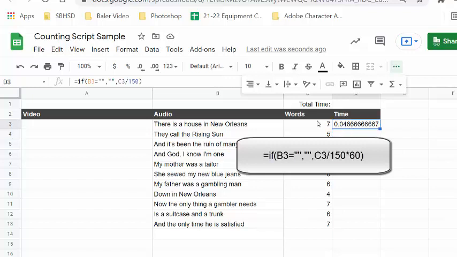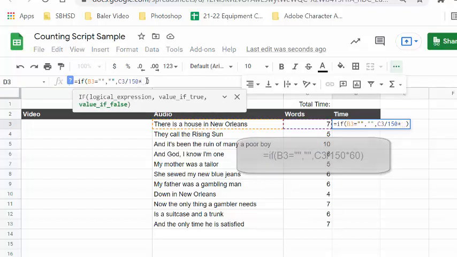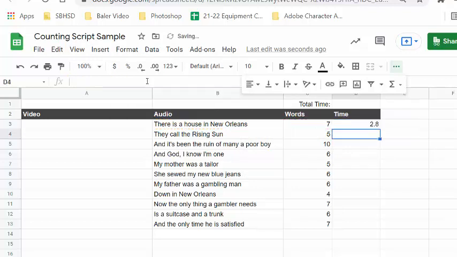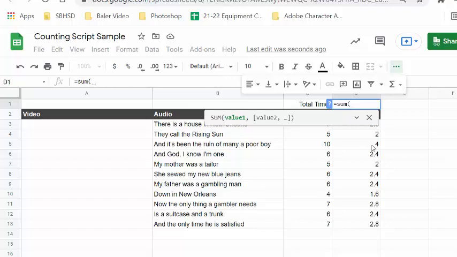So what we really want to do is turn that percentage into seconds by multiplying that quotient by 60. So we multiply a percentage of a minute by 60 and we get seconds. So there we got this, and there we go. And then the total time is going to be equal to the sum of this, which equals the sum of that column